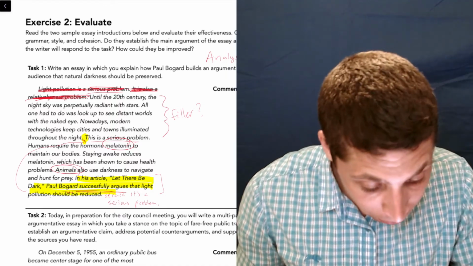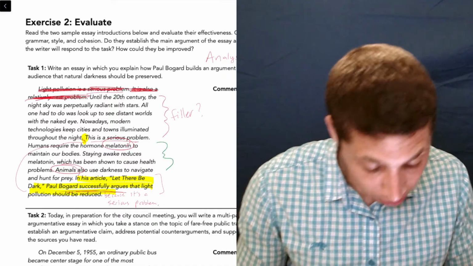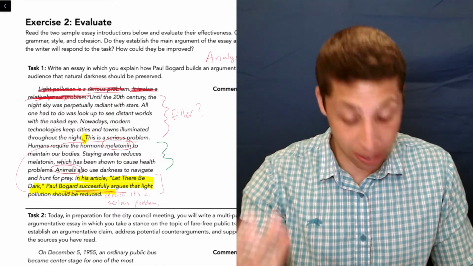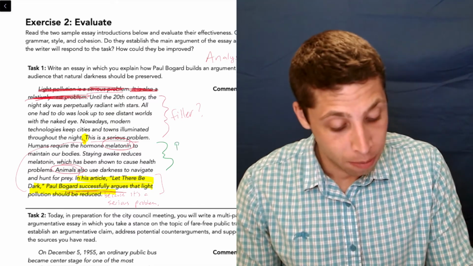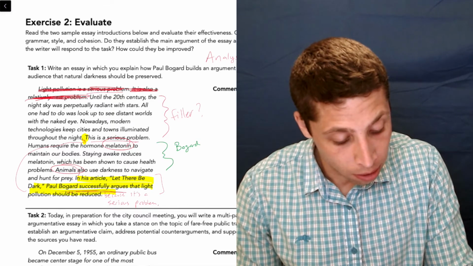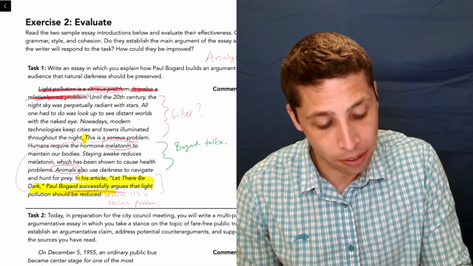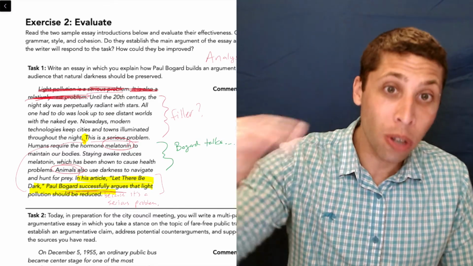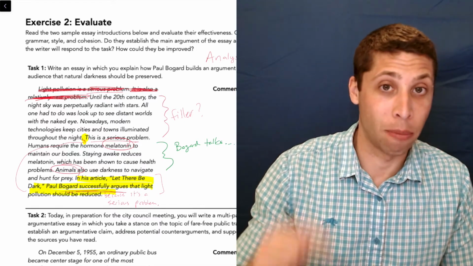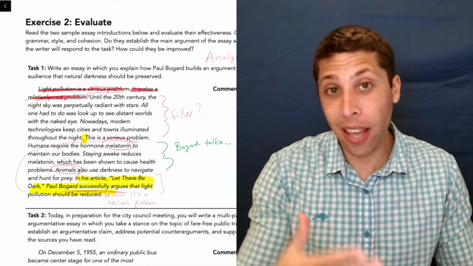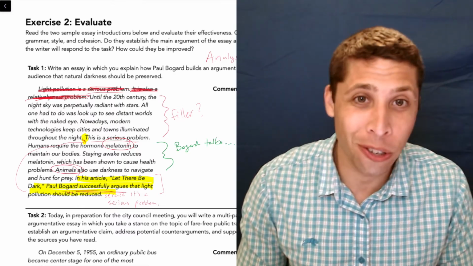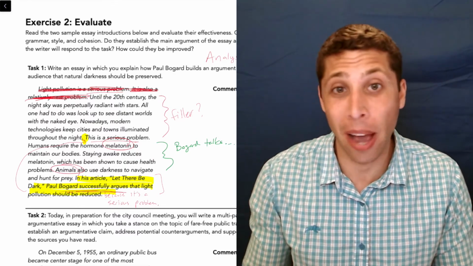Then when we talk about these things here, when we talk about the melatonin and the animals, you can say Bogaard talks about these things, right? Bogaard makes the argument about animals. Bogaard makes the argument about melatonin, right? And there's some rhetorical devices I'm sure that we could use. I don't have the article. It doesn't really matter what the specifics are.